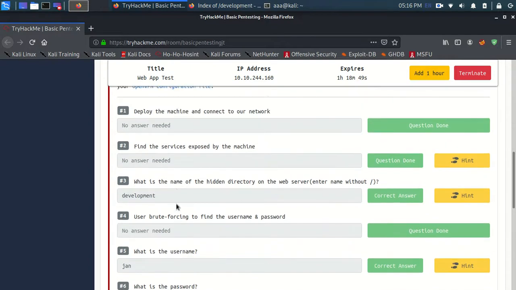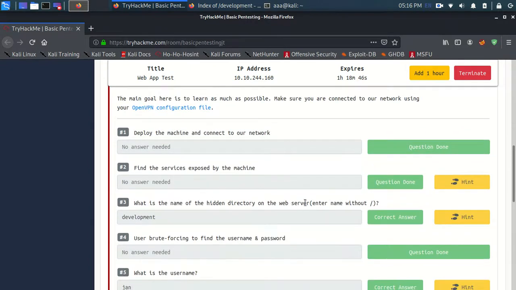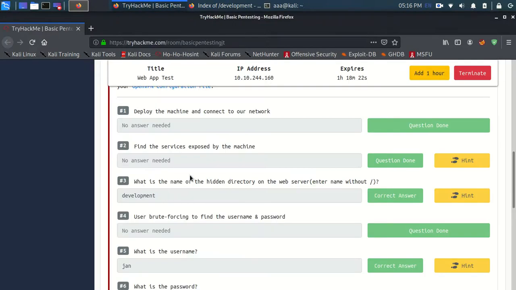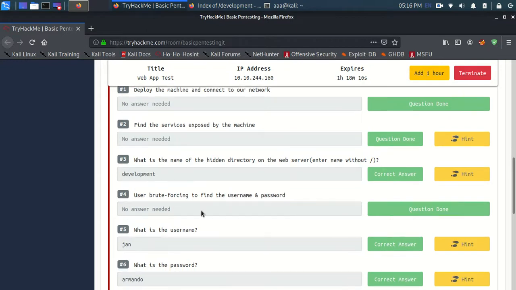So I'll explain the basic flow of what we did. Firstly, we used a brute force attack to find hidden directories, and we got the information that there is someone with the name J and maybe someone with the name K. We also found out the services of the machine: there was a website running and there was also the SSH port running. Now we got these two pieces of information, then we did enum4linux to find out the username.